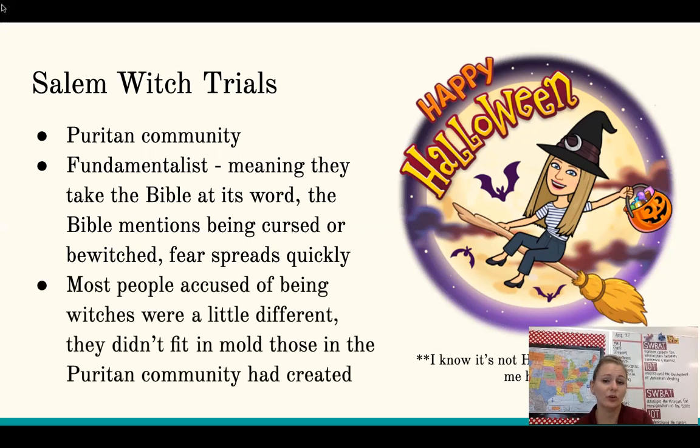As you're going to see in the video, most of the people accused of being witches were a little bit different from everybody else, like slaves or other outcasts. They didn't really fit the mold of the Puritan community, so it was easier to attack and blame them because they weren't doing what they were supposed to do. With that being said, even good church-going Christians at some point were also being blamed.